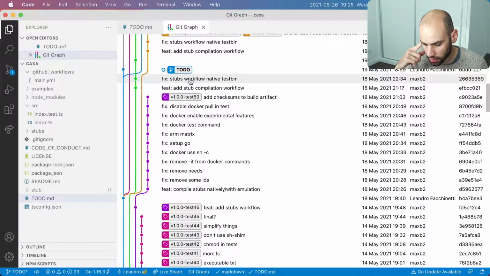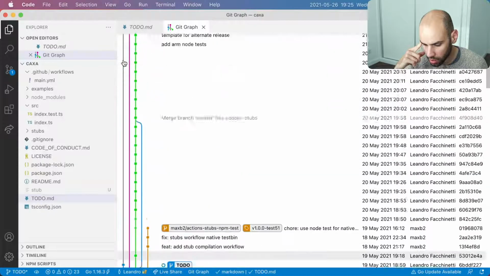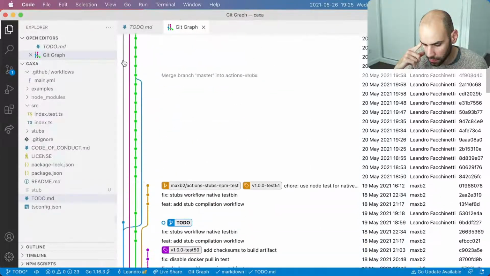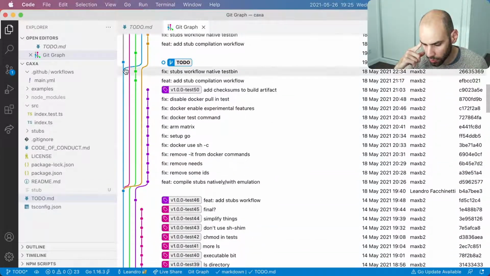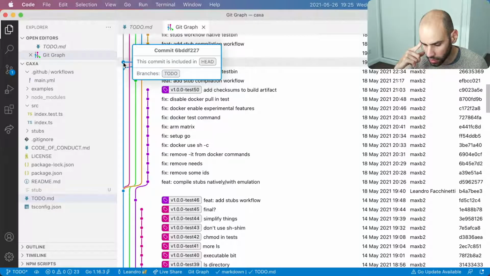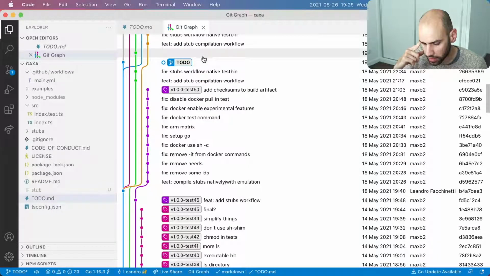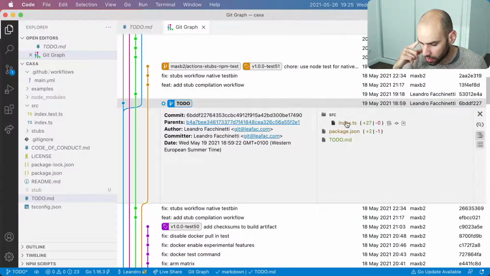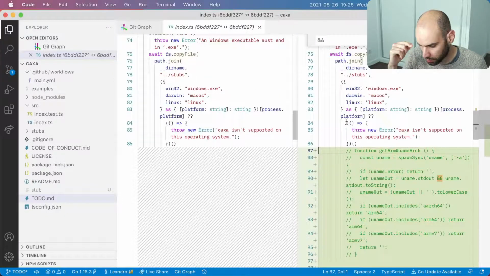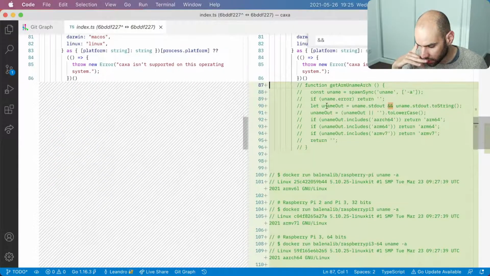And there is a whole lot of things here, but the to-do branch has only one commit that is not in master, and this commit is putting some comments here,